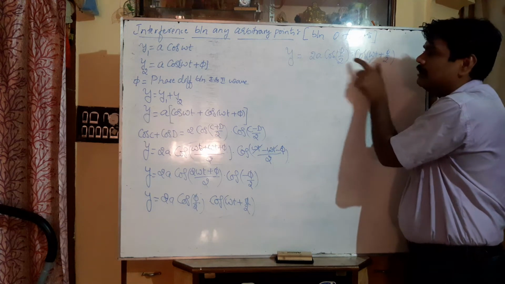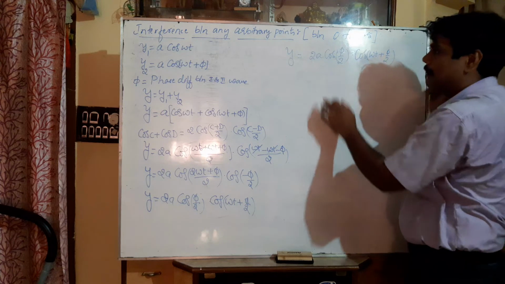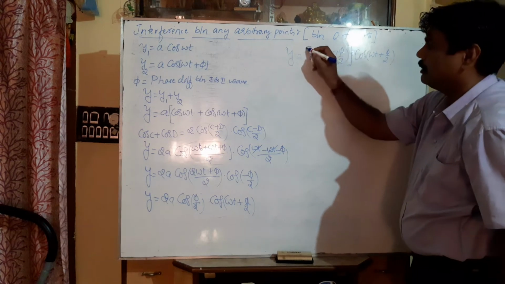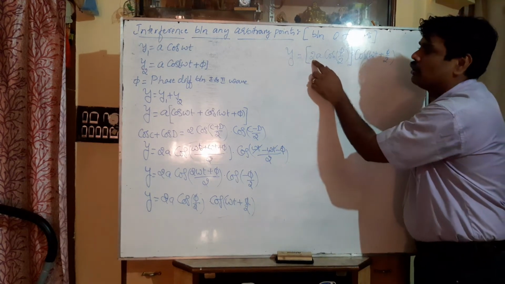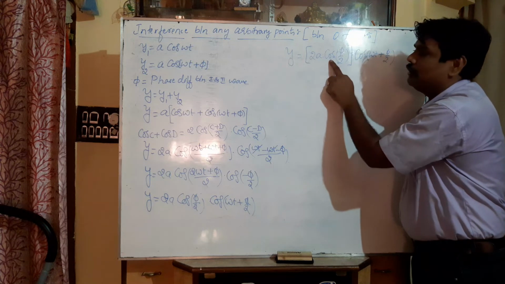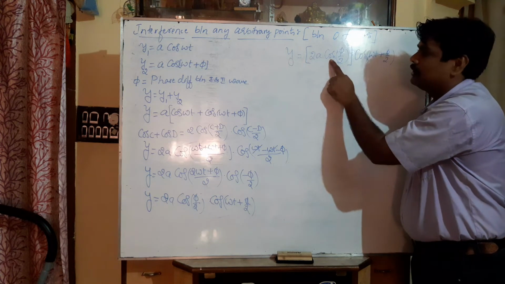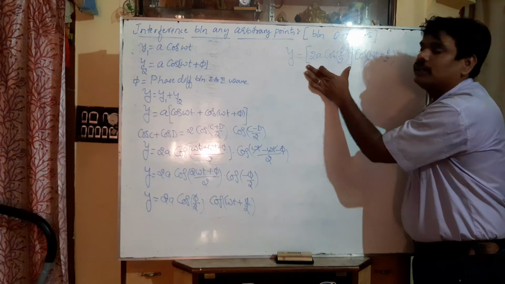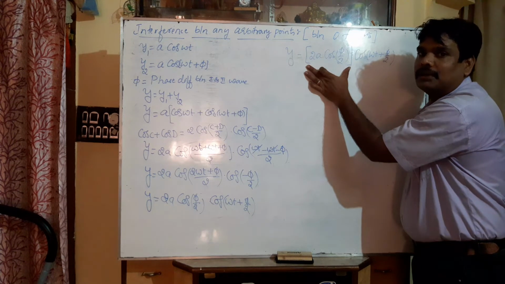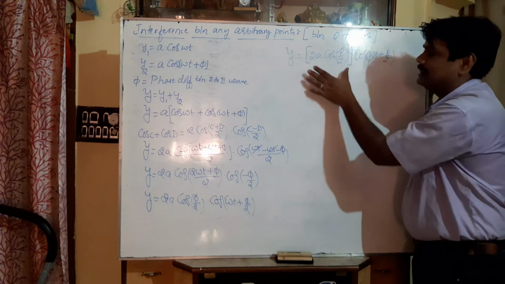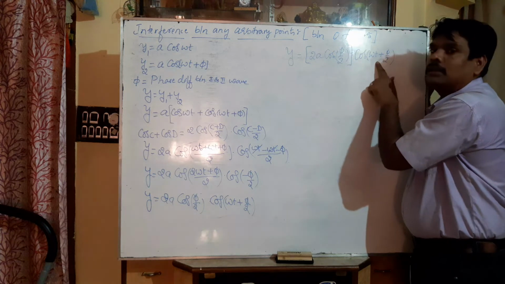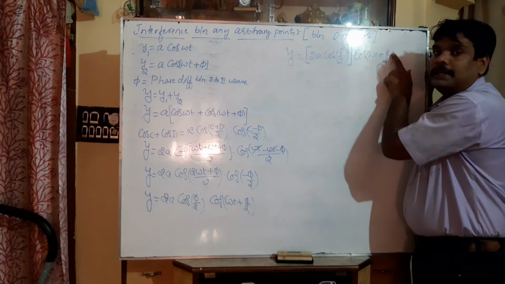The resultant wave has a variable amplitude. The amplitude is not fixed. Here the amplitude varies according to the cos function. If the phi value varies, the amplitude also varies. Clear now? So the amplitude is not fixed here, but the resultant wave has its phase reduced to half of that